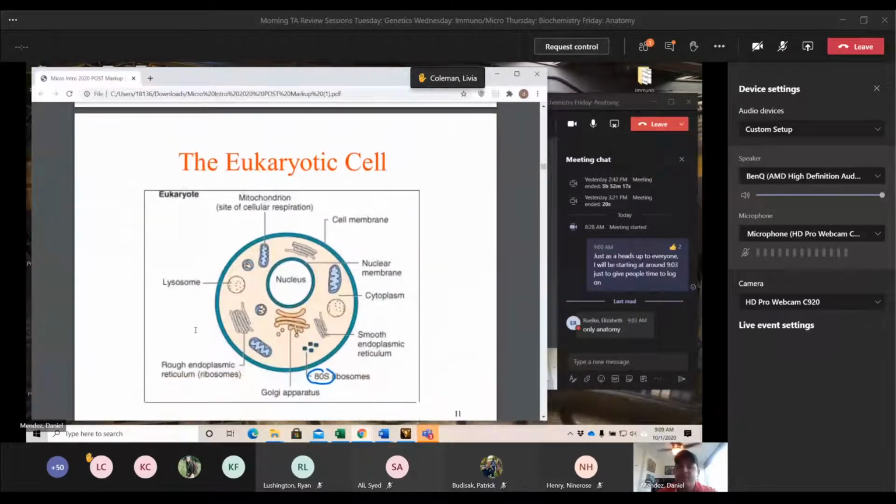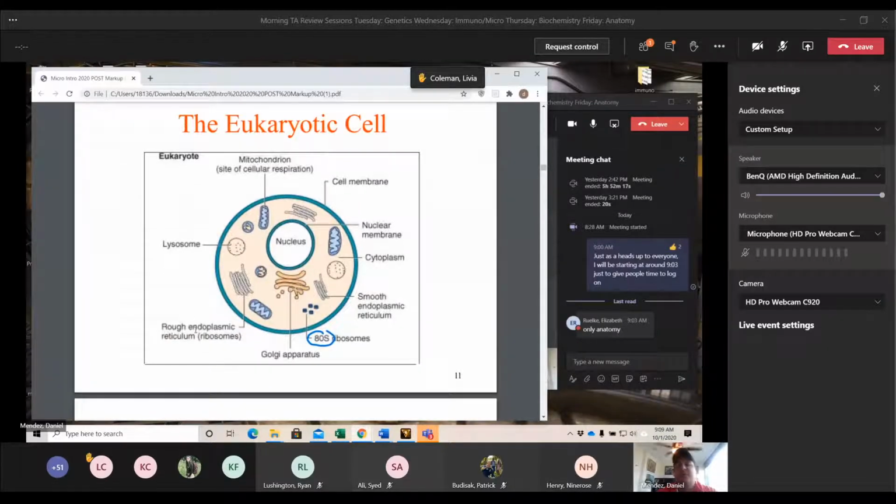So this is just a reference image here to show you some of the differences between a prokaryote and a eukaryote. A eukaryote being us, or any sort of mammal, any sort of animal, any sort of arthropod, anything like that. And you can see that we have membrane-bound organelles, being your mitochondria, your Golgi, the lysosomes, all of these other organelles that you see in a eukaryote.